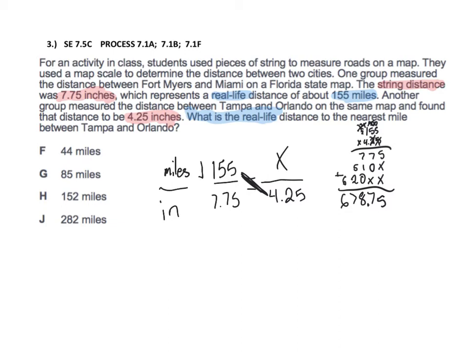Now we have to divide down by 7.75. 7.75 is on the outside. And 678.75 is on the inside. Now we can't have a decimal on the outside, so we have to move it over 1 and 2. So we have to move the inside 1 and 2. So we get 775 divided by